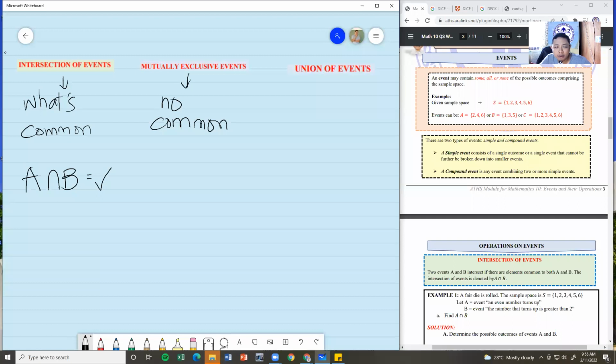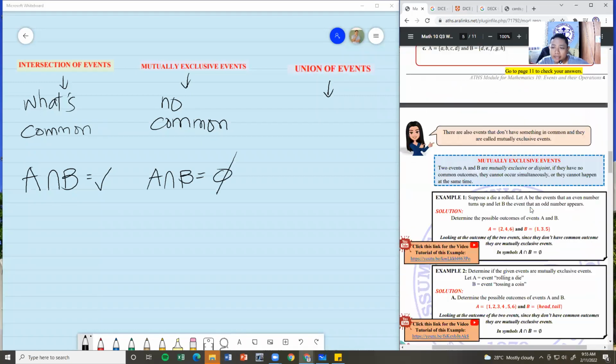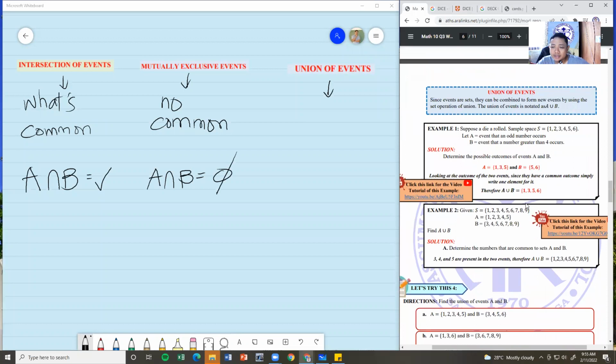Meaning, we are talking about the null set. So the intersection of events will be an empty set. It's a null set. Okay? And for the union of events, from the word itself, union, you combine everything. So when you say union of events, we put all possible outcomes. So lahat na nandun sa event, ilalagay mo na, common man o hindi. Okay? How is that? For example, we have,